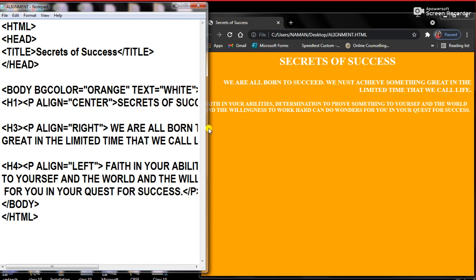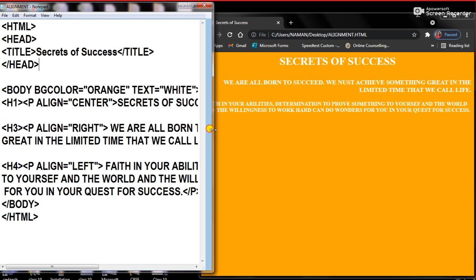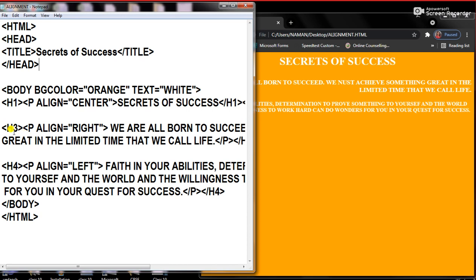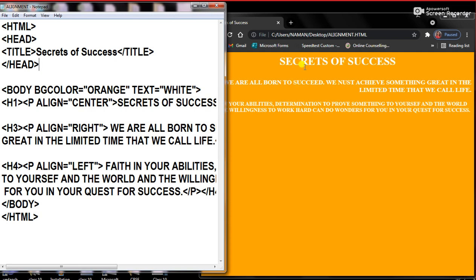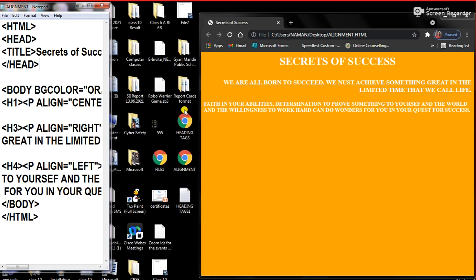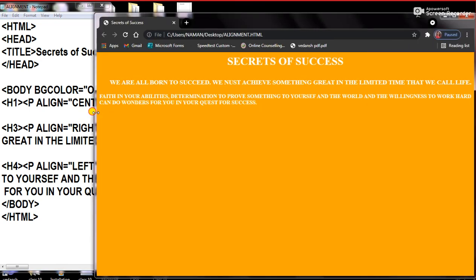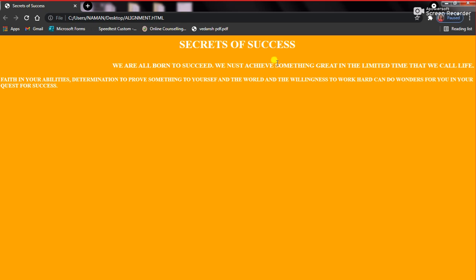The second paragraph we have taken is the H3 size, which is smaller than H1. As you can see, the size is smaller than H1. Second, it is aligned towards the right side. So let's see whether it is aligned towards the right side or not. So this text is aligned towards the right side, as you can see.